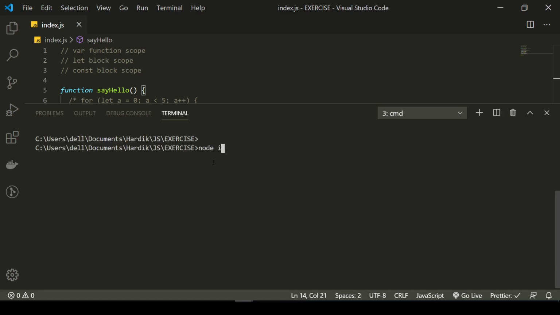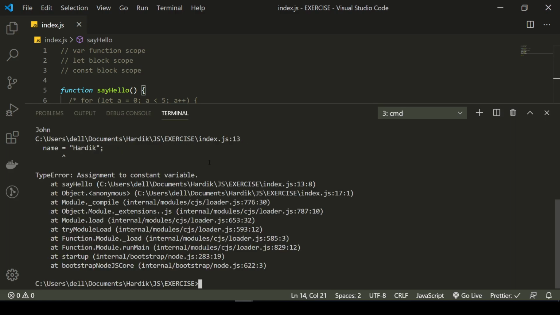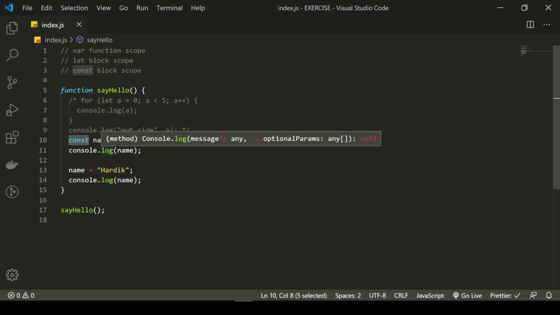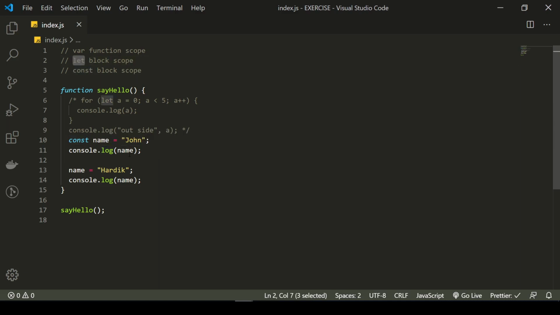Okay, node index.js. We get the assignment to constant variable error. So we cannot reassign the value to that variable. That's the constant. If we don't want to accidentally override the variable, we can choose const, otherwise we can choose let.